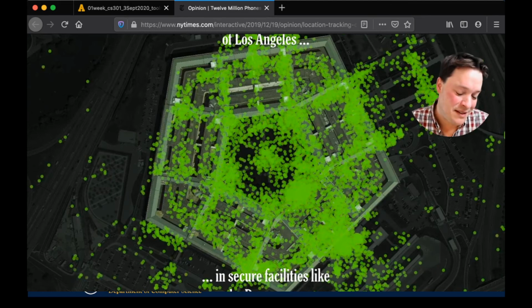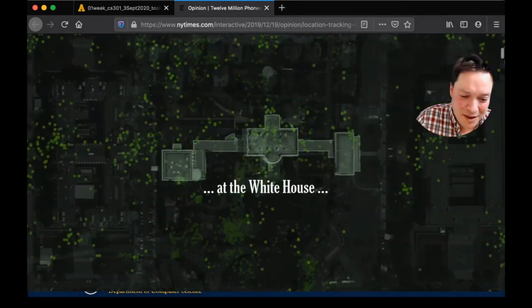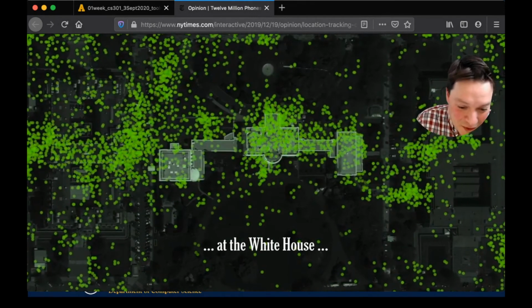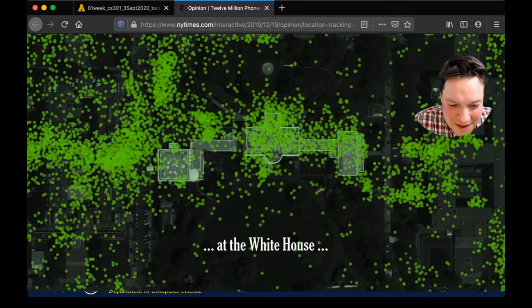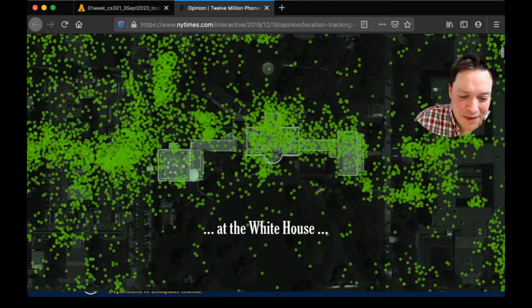It speaks more loudly in graphics than if you look at these in numbers. This whole article is about these. You have these other pictures here you can look at. I think this is the White House. Isn't this juicy? You can see that not very many people are in front of the White House, but many people are inside the White House. Again, if you didn't see that there was actually a building there, you could still tell where it was just by where the congestion was.